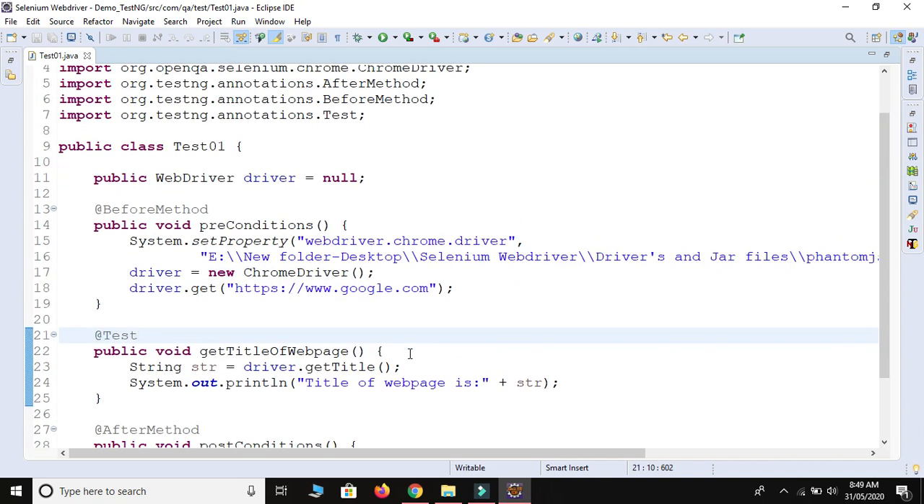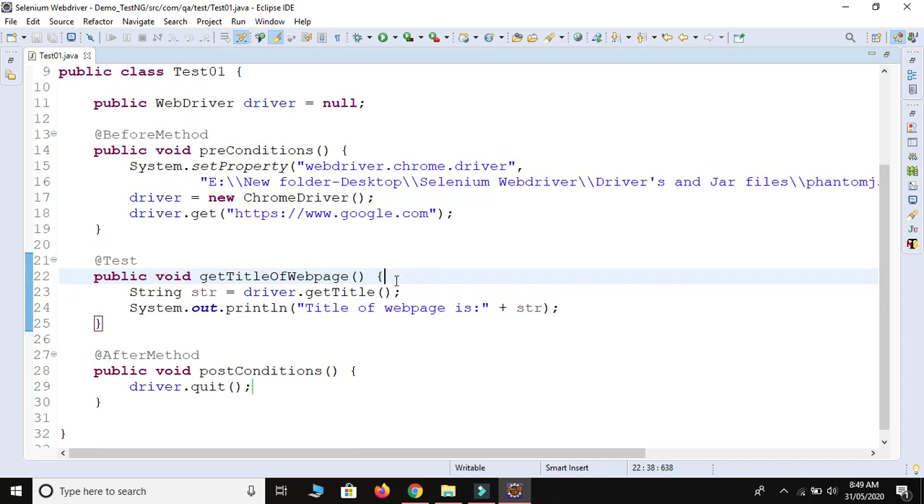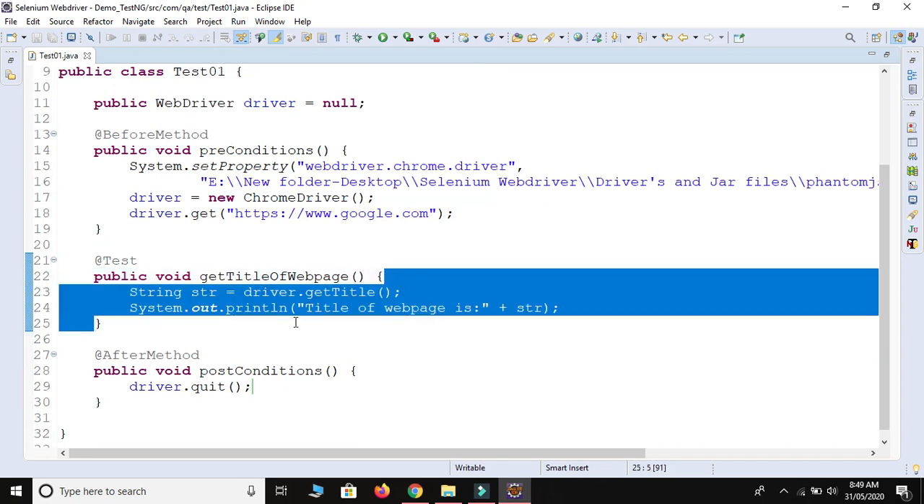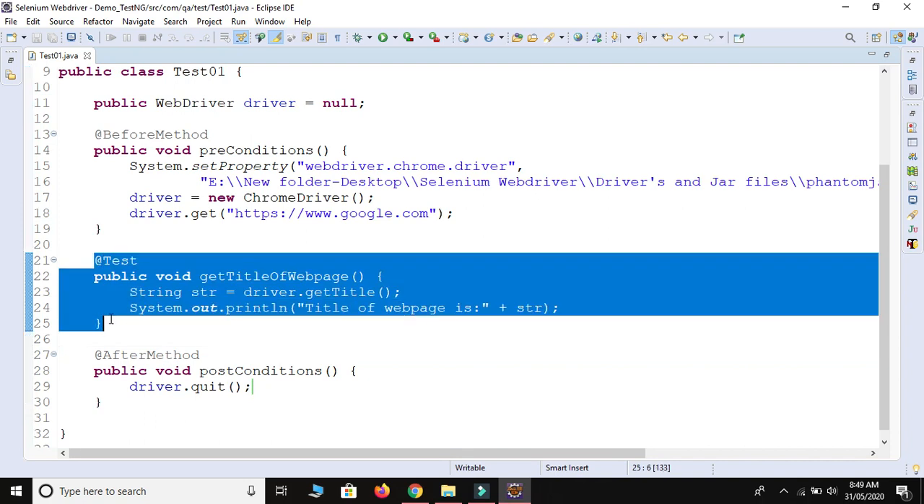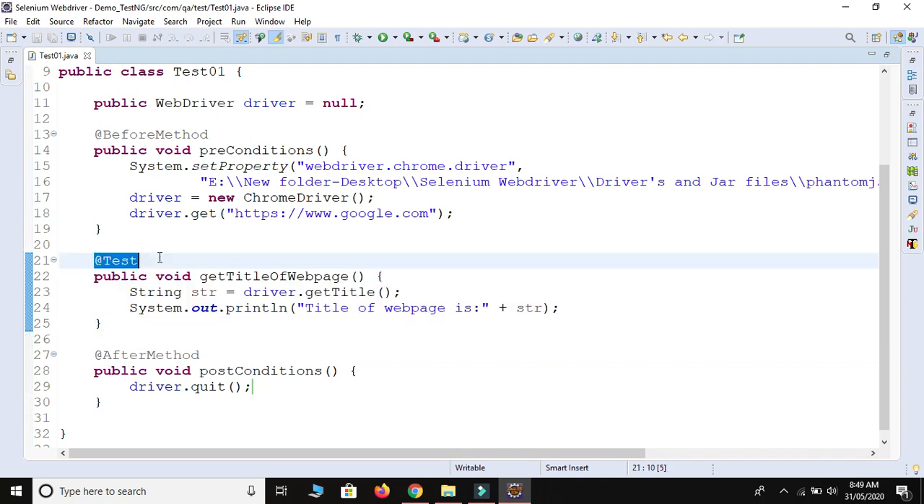So this is the actual test case. We need to get the title of the web page. I have written one test case. This is known as a test case because I have used the annotation @Test here. So now this is the test case, and the test case is that we need to take the title of the